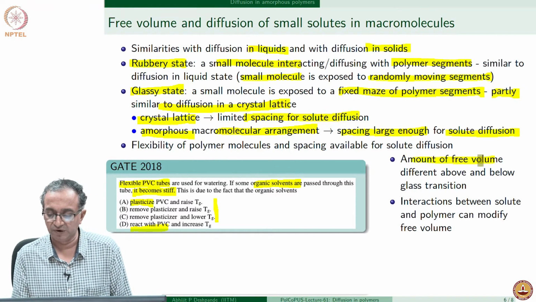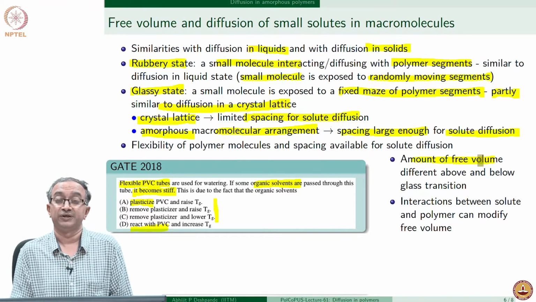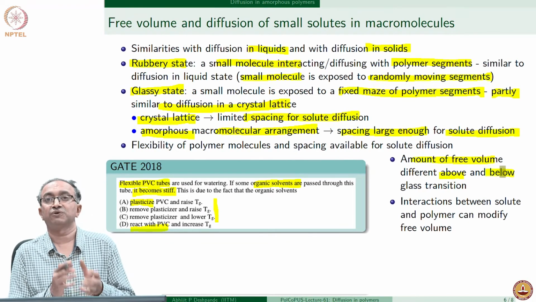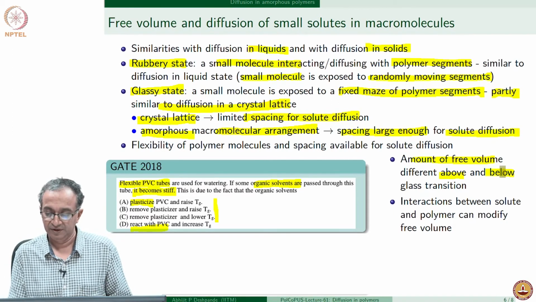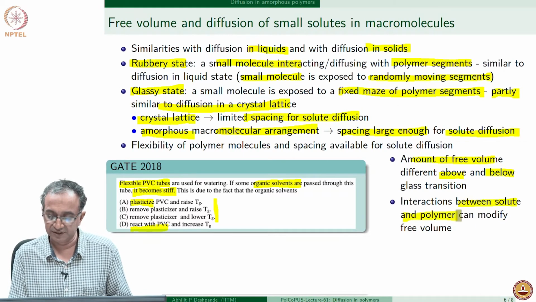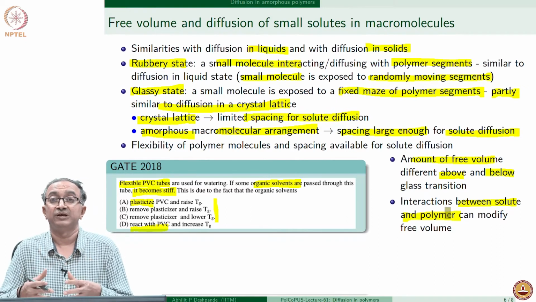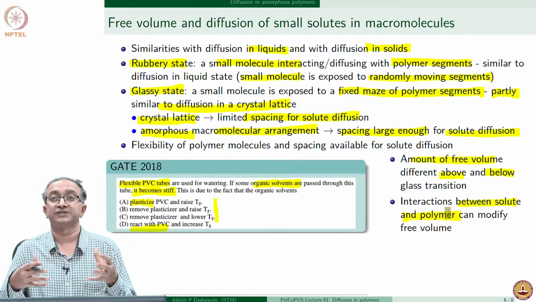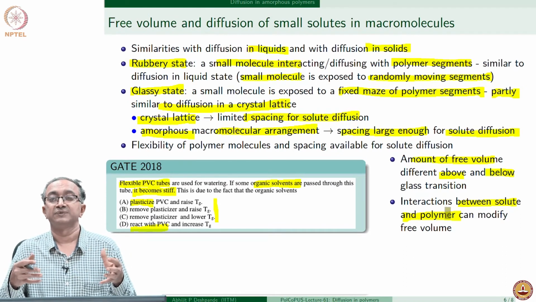So, the amount of free volume determines how a molecule can diffuse through a macromolecule. Of course, this free volume is very different above and below glass transition. So, diffusion coefficient in rubber is going to be much higher than diffusion coefficient in glassy state. And the other feature is also the fact that the diffusing molecule and macromolecule can interact with each other. So, for example, if there is dry nylon, the macromolecular network in amorphous state will have a certain free volume and there will be frozen macromolecules. But once